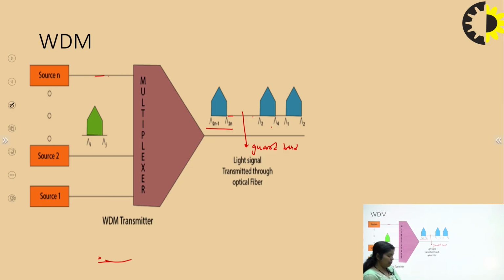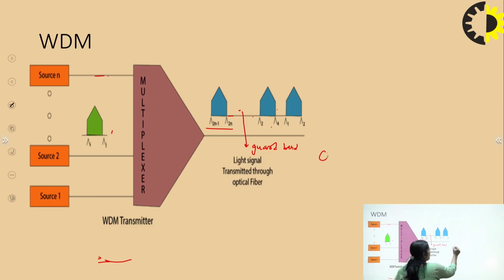Fine. So WDM is the same as the FDM technique. In FDM, we allocate frequencies or bandwidth to all the signals. In WDM, the sources or stations have messages, and the signals travel as optical signals, or light signals. These optical signals are separated by guard bands, and guard bands are unused frequency.